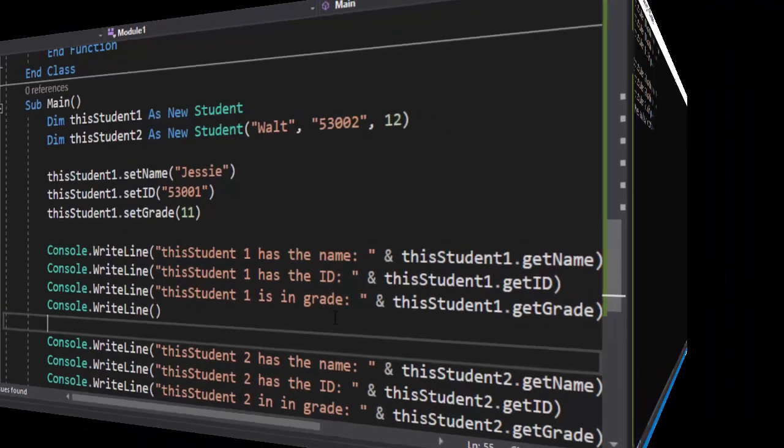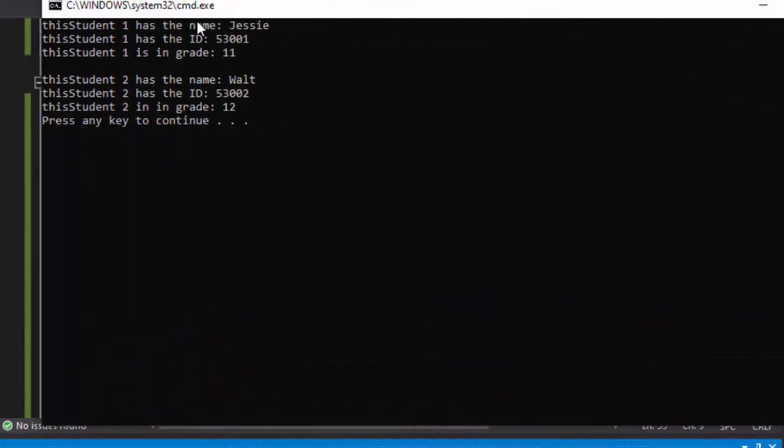So there we have it. This student one has the name Jesse. We were able to successfully use those set methods to set his name. We were also successful in using the set method to assign a value to his ID. We were also successful in using the set grade for grade 11. We were also successful in using those get methods because we were able to output his name, his ID, and his grade using attributes,